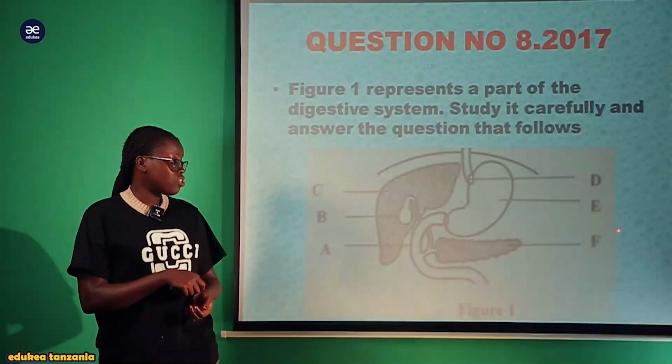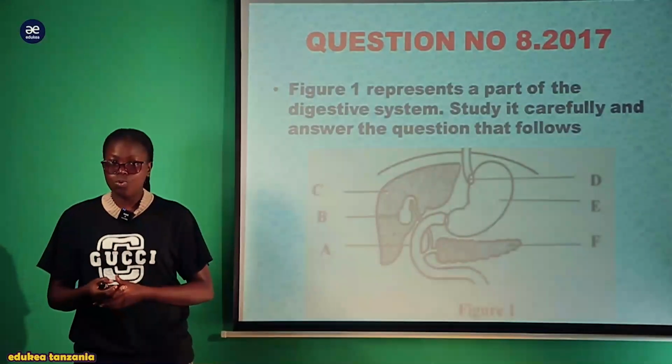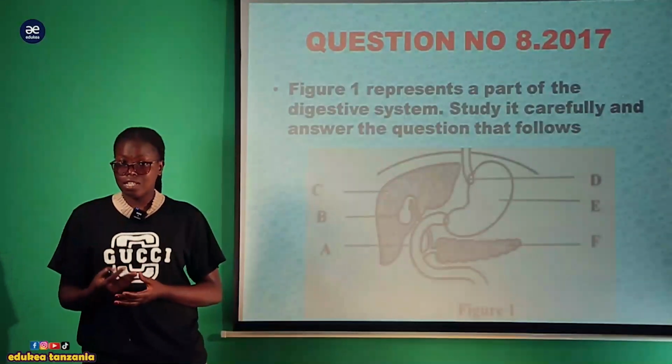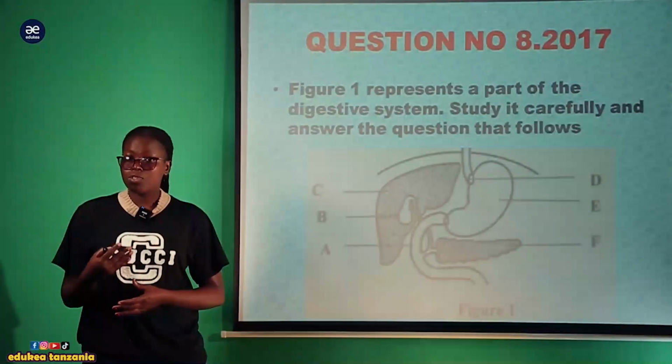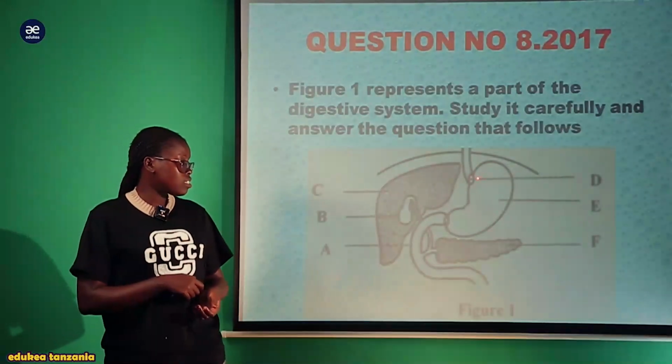So in terms of digestion, in nutrition, the pancreas tends to release pancreatic juice, which we are going to see in the question Roman 2, which needs us to state the two juices, or the enzymes, which are released by this pancreas. Also, this